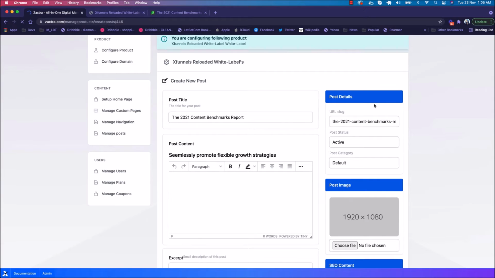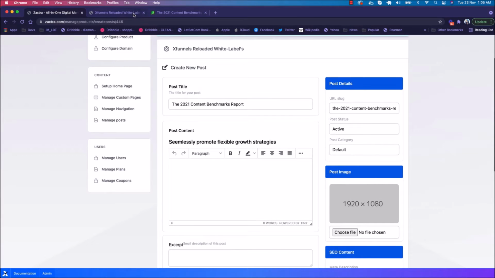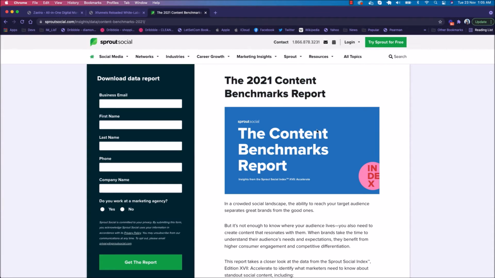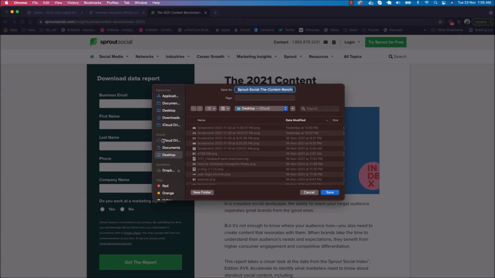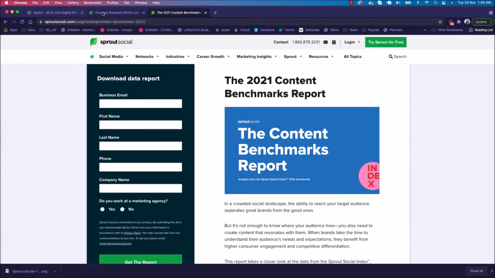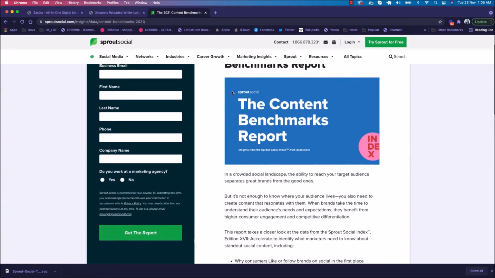It is very identical to the WordPress design interface, so you don't have any trouble using this whole post creator. We'll just save it, and I'll copy the content of this post now.